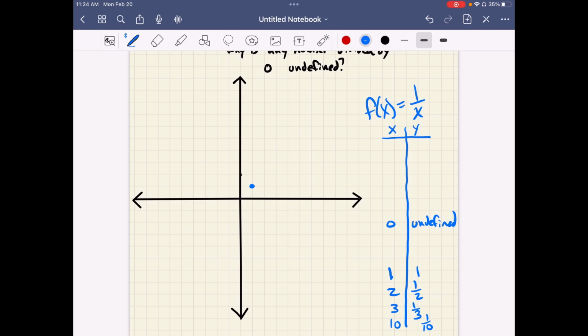If I plug in a 2, I have 2, 1/2, I have 3, 1/3, and then we have our 10 and 1/10. What we start to notice is I start getting closer and closer and closer to this x-axis, but I never actually get there, right? If I picked 1 million, I would have 1 over a million. If I had a billion, so on and so forth. So that fraction that we would get over here in my y column gets closer to 0 without ever actually